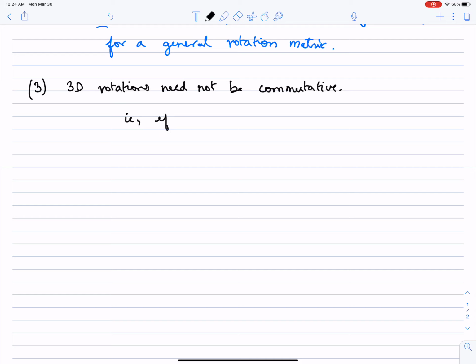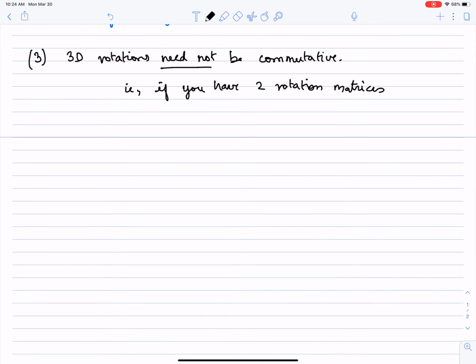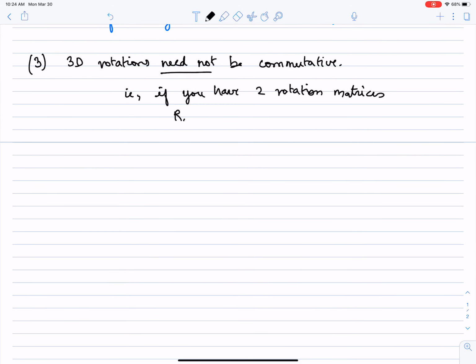I.e., if you have two rotation matrices, let's just call them R1 and R2, two matrices, then R1 R2 is not equal to R2 R1, typically, except in special cases. Okay, so we can develop that